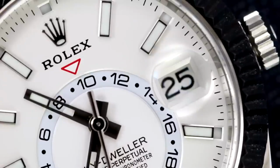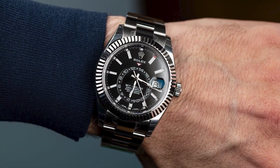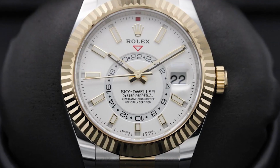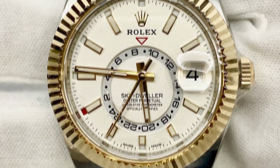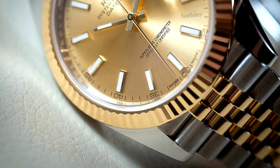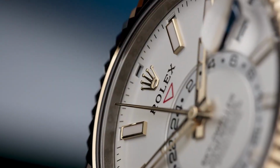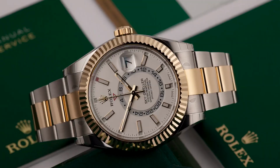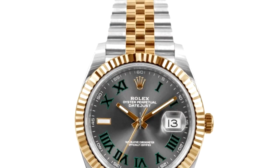Rolex first introduced the Skydweller in precious metals, which, paired with the 42mm size, made a statement. But when a subsequent version with a white gold bezel was produced in 2017, it made it less original. It felt like a carbon copy of the legendary Datejust, which the Skydweller took inspiration from, but probably overdid. In a nutshell, it looks like a somewhat larger Datejust 41, which also launched in 2017, with a GMT feature